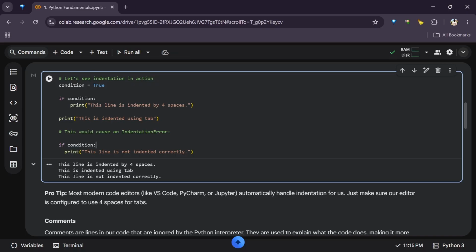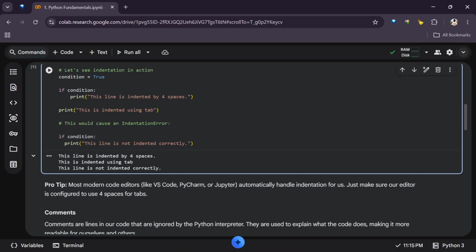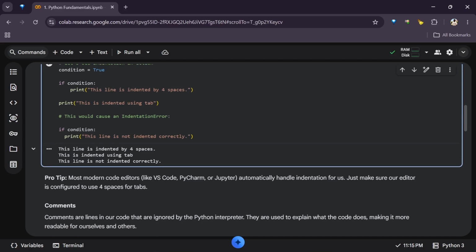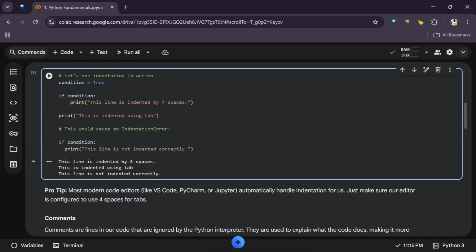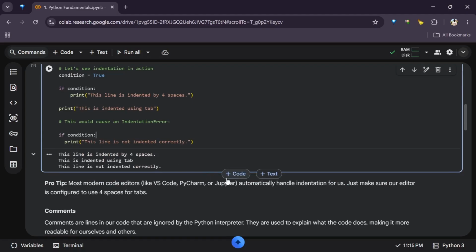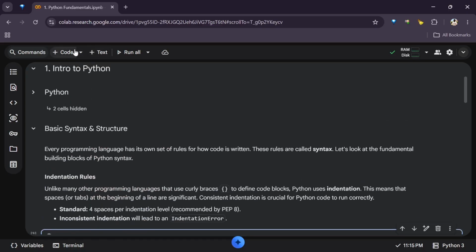Colon does not always happen. For example, we don't have any colon here. So as we write more code, we'll understand how this works. By the way, when we get there, I'll also mention some shortcuts that we'll be using instead of coming here to run code, how to add a new code cell and all of that. For now, to add a new code cell, just come to the bottom of the one you're in and you see code. If you want a text block where you can put something like a note, you can click on text, or you can click them up here as well.